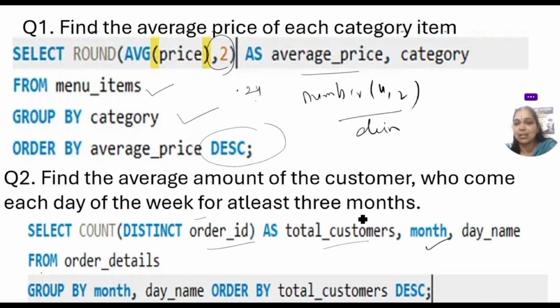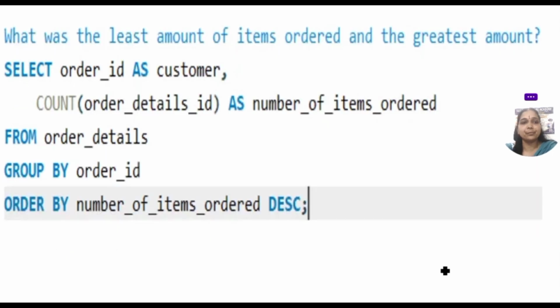Next month, because at least 3 months we have to count, and day name from the order details. So group by month. If you group by month, the customer details will be grouped according to the month, like February, March, April. Next, order by the total customers in descending order. This is the query, and this is the answer for that query.